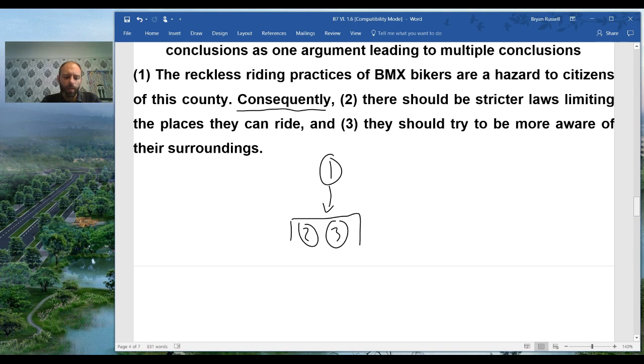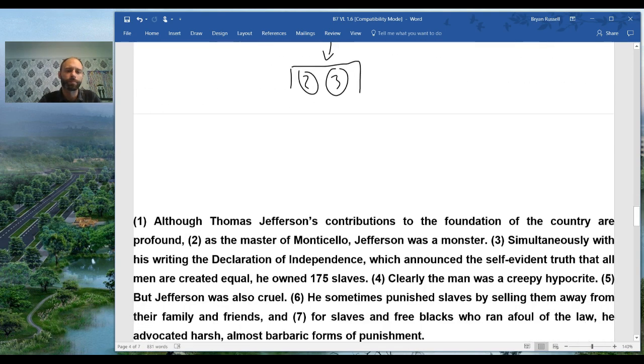Now, in this section, we're going to run into complex arguments that will require multiple of these strategies to diagram. And out in the world, you'll be creating your own arguments that use a number of these patterns, and you'll run into arguments that use a number of these patterns. So let's look at a more complex example and see how we can diagram the argument with these tools.